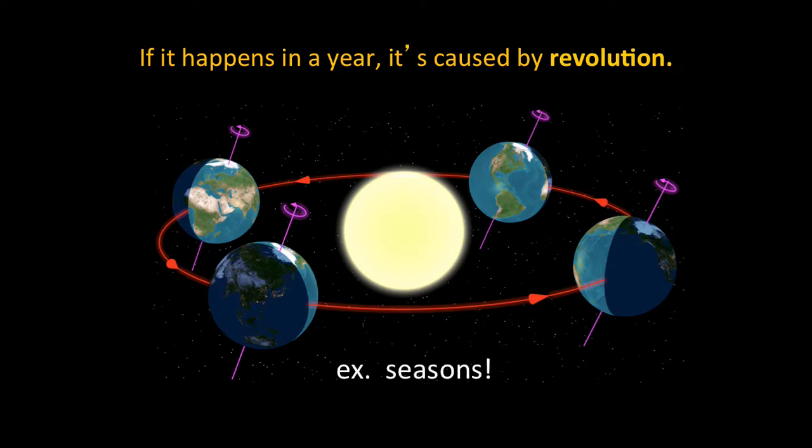So seasons, for example, the most common example: throughout the year, the tilt of the Earth's axis causes different parts of the Earth to get more intense sunlight or less intense sunlight, causing summer and winter. If it changes throughout the year, like seasons, then it's caused by the Earth's